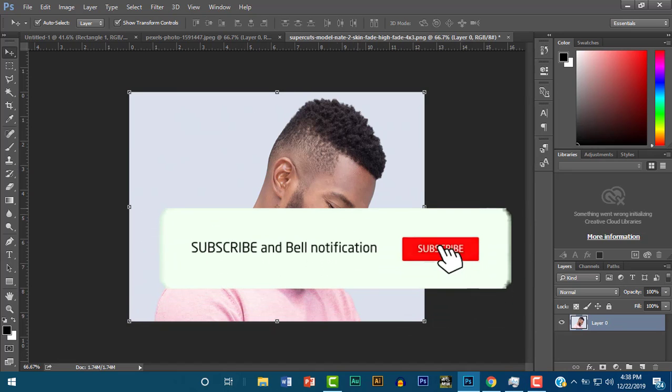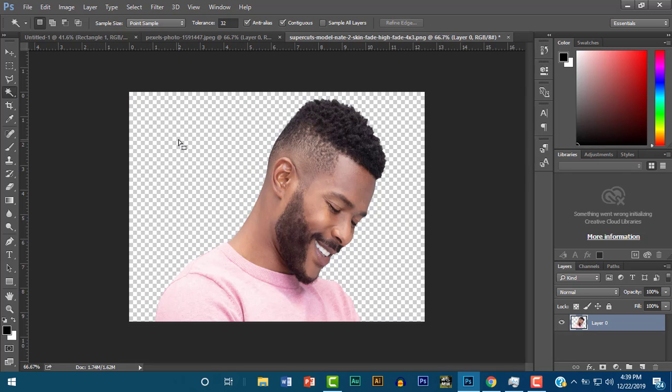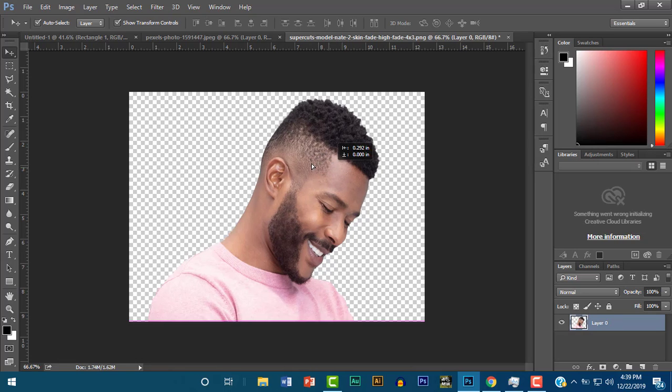So this is our image that we're going to do double exposure on. What we need to do is take away this background, and nothing is quicker and better to make a selection with than the magic wand tool. So select your magic wand tool, select the background, and press delete to delete your background from the image, guys. Alright, great. So go to your move tool, select your document and drag it